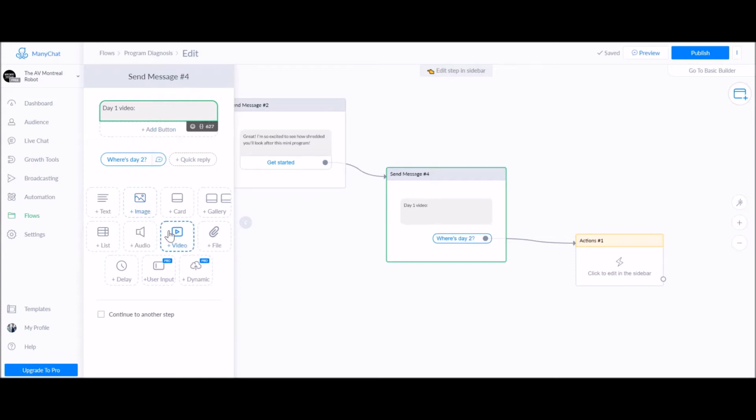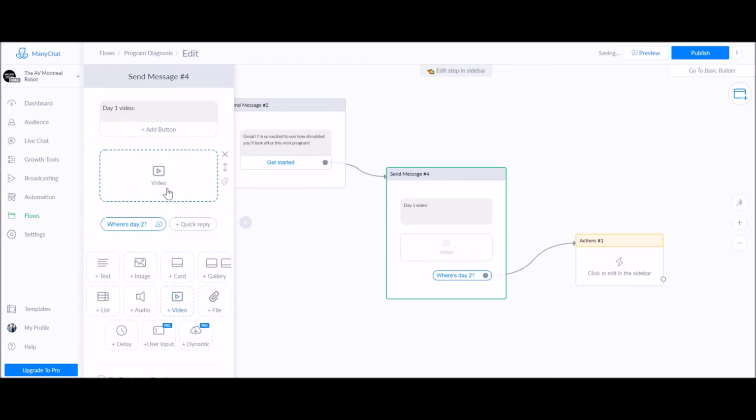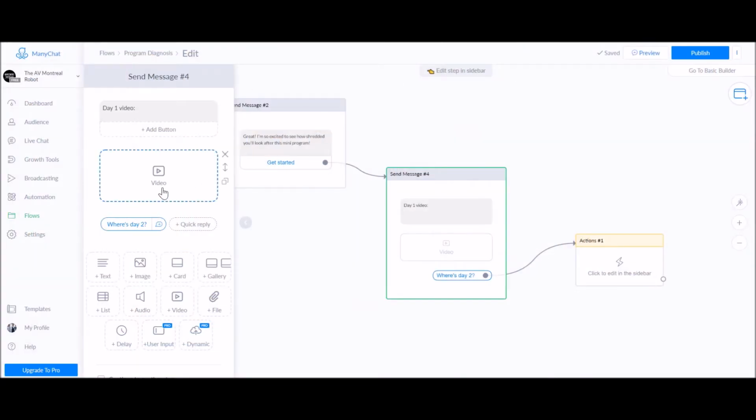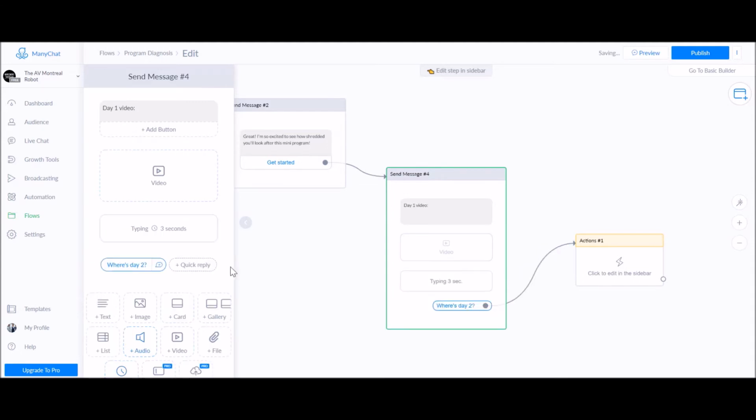And you could over here literally add a video, right? And so you could add a video right over here. Again, you have to upload it, and it has to be less than 25 megabytes. But again, you can shorten it. And then what I would add over here is add a delay for 60 seconds, or the amount of time that it takes for them to watch a video,